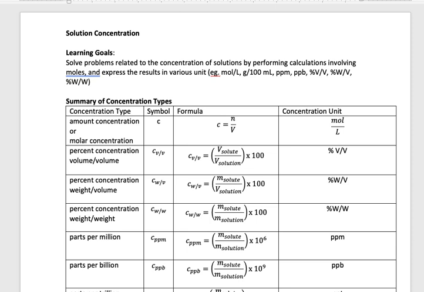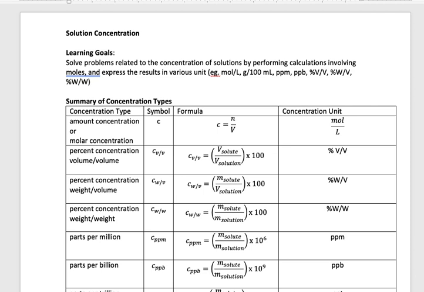Dissecting solution concentrations. If you are struggling with reading over word problems and trying to find what information you are provided and what information you need to find, take a look through this video. The learning goals today are to solve concentration problems of various solutions,